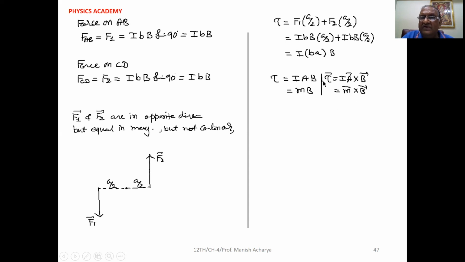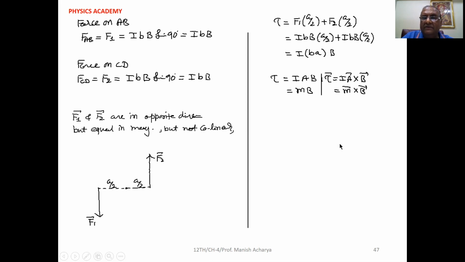And in vector form we can write torque tau, that is IA cross B vector. But this I into A, current into area, that is called magnetic moment of the loop. So we can write in vector form torque tau, that is vector magnetic moment cross vector B. Direction of magnetic moment will be in the direction of area